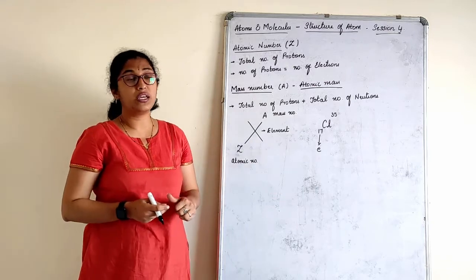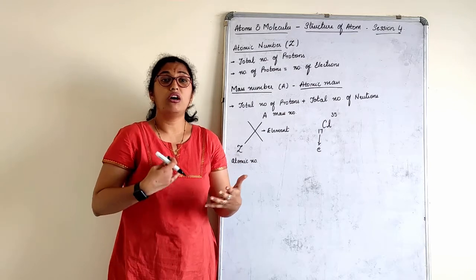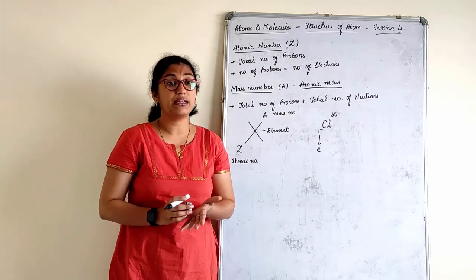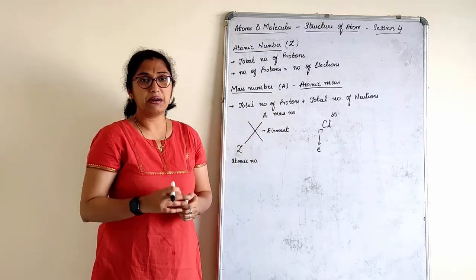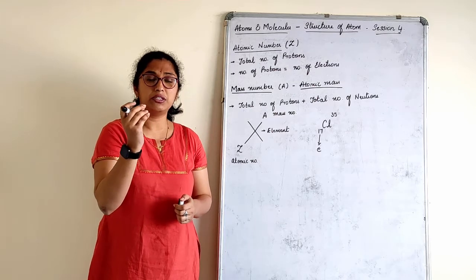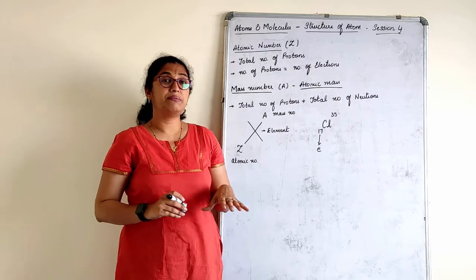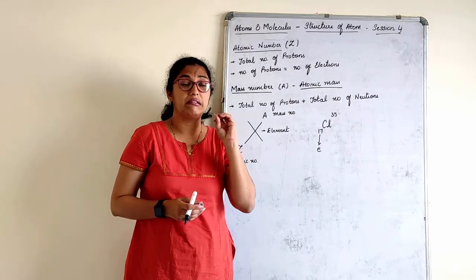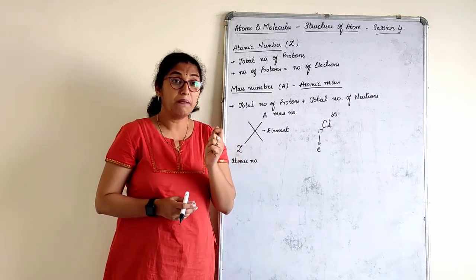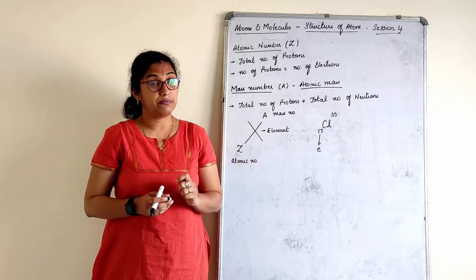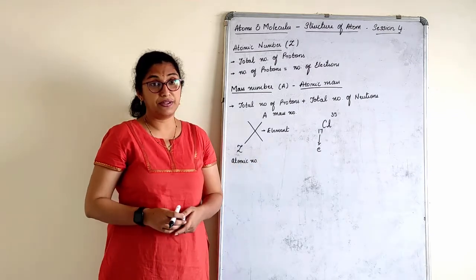Basically what you all have to know here is atomic number and atomic mass. Now the question is, which elements' atomic numbers should we remember? Like I told you, we had around 5 to 6 atomic masses: hydrogen, oxygen, carbon, chlorine, sodium, sulfur and so on, right? It is not compulsory that you remember the mass number, children, though sometimes in school they tell you to remember mass. But atomic number is very much compulsory to remember. Which elements' atomic numbers we have to remember, I'll discuss further in the chapter.